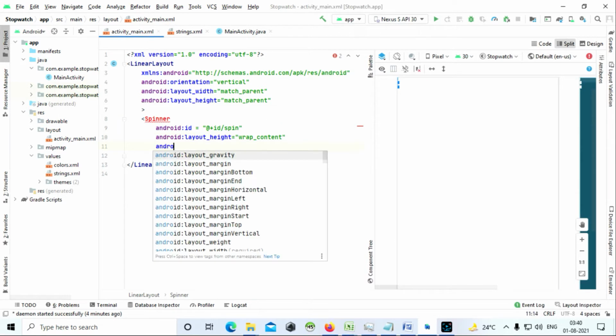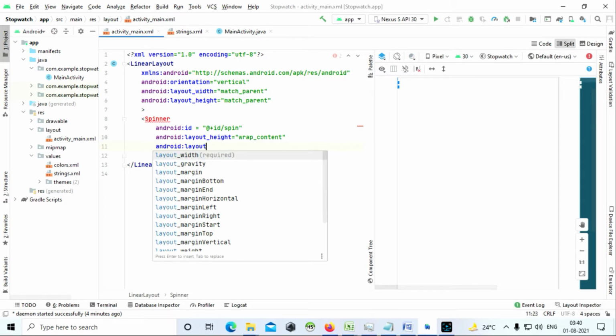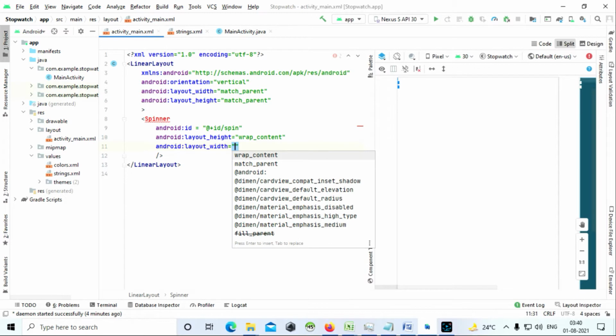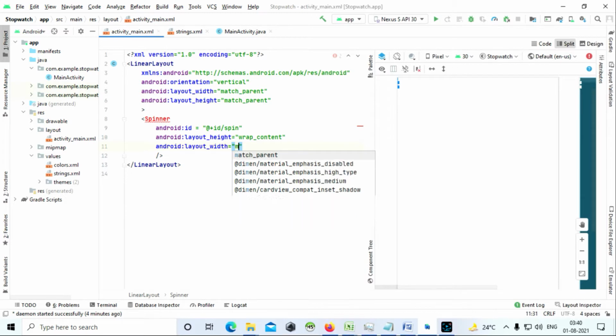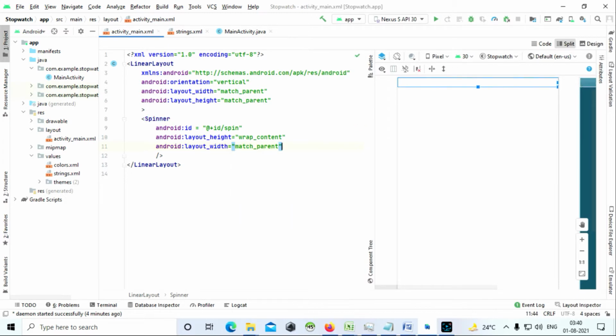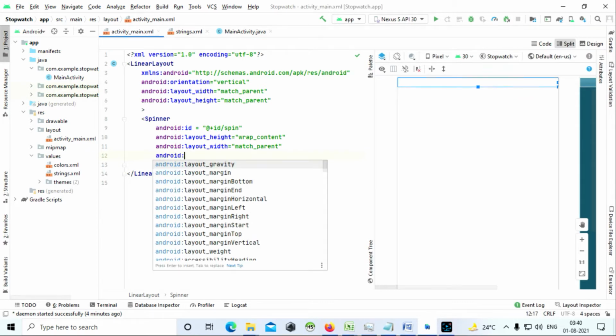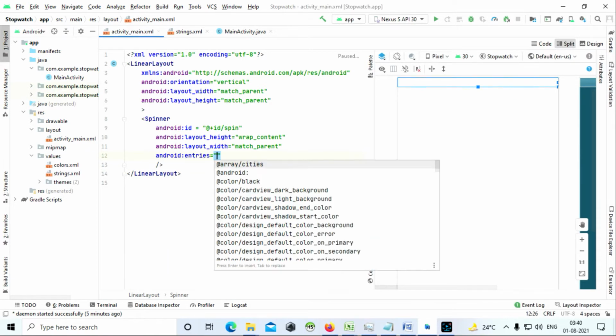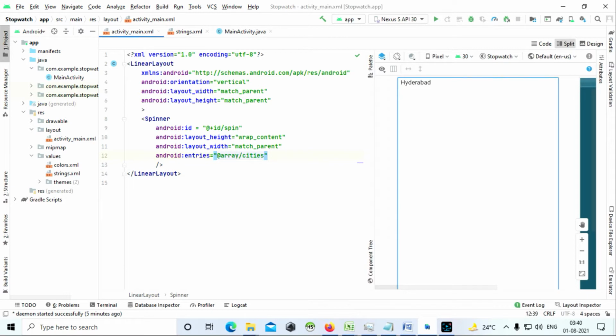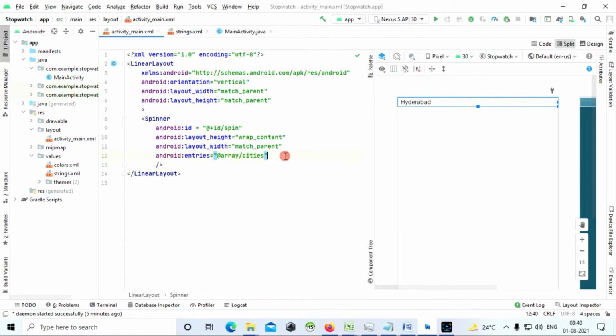Next, I'm going to give width. Let me give the width as match parent. Yeah, that's going to be good. Now let's move forward. Let's write entries. I told you we have array cities, so I got the entry. Yeah, this is good.